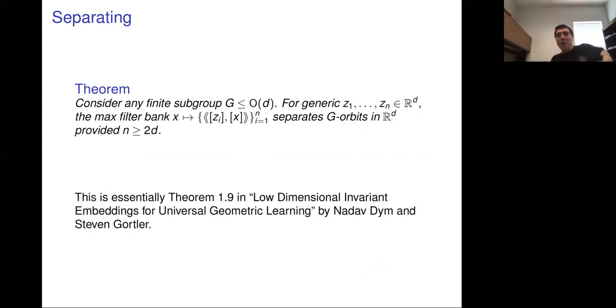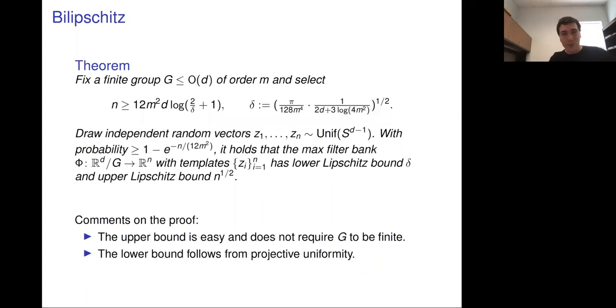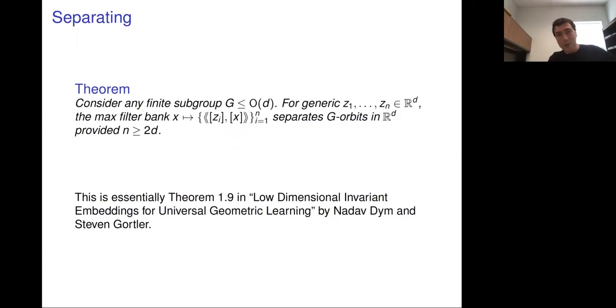So the natural question here is, we can separate generically with 2D, and we can get bilipschitz with high probability with, let me go back here, this thing, 12m squared d, and then log of this other thing that depends on m and d, but basically m squared d. So you have this order of the group squared multiplying d,